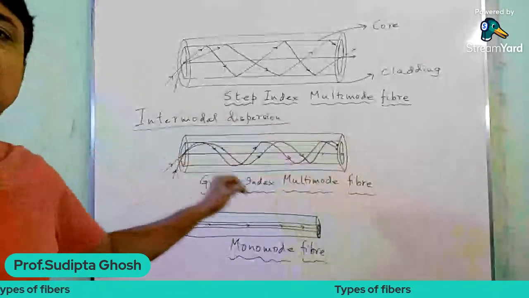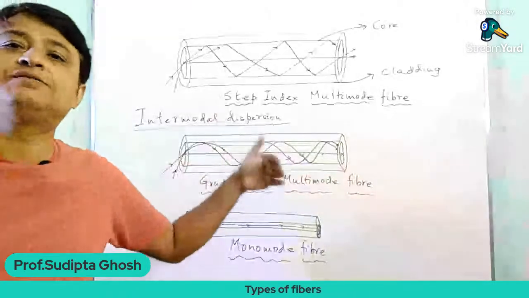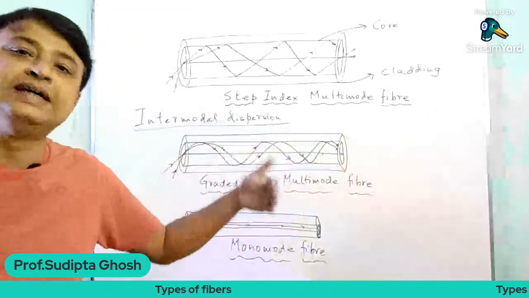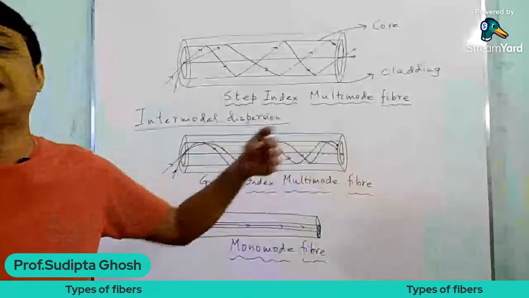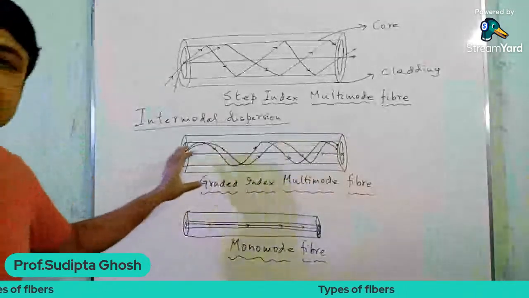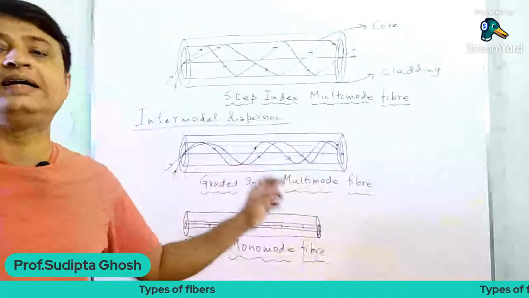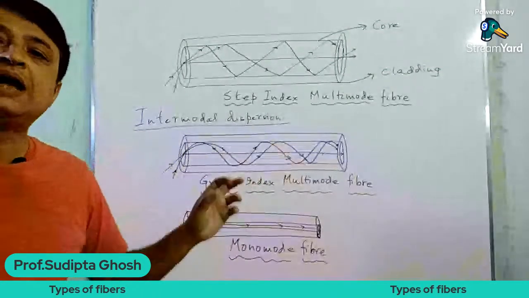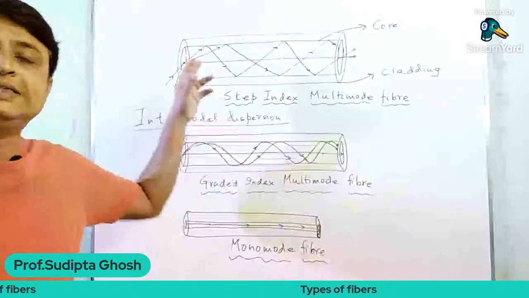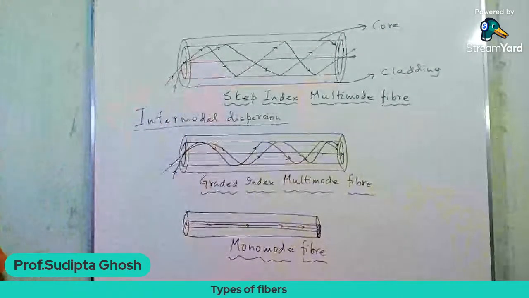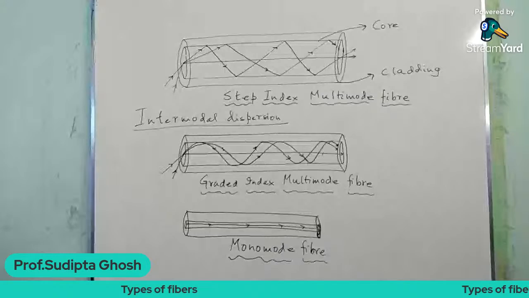So because the refractive index decreases gradually towards the core cladding interface, the rays which enter the graded index multimode fiber do not follow the zigzag path, but they move along